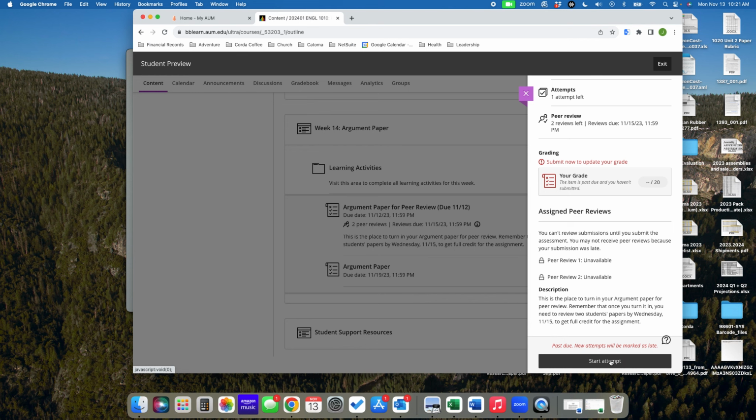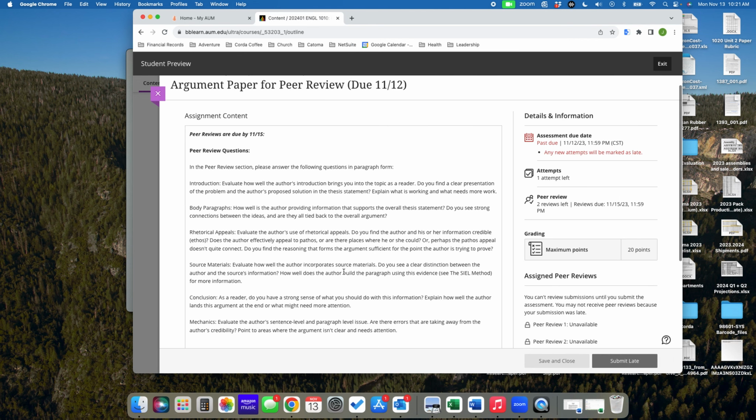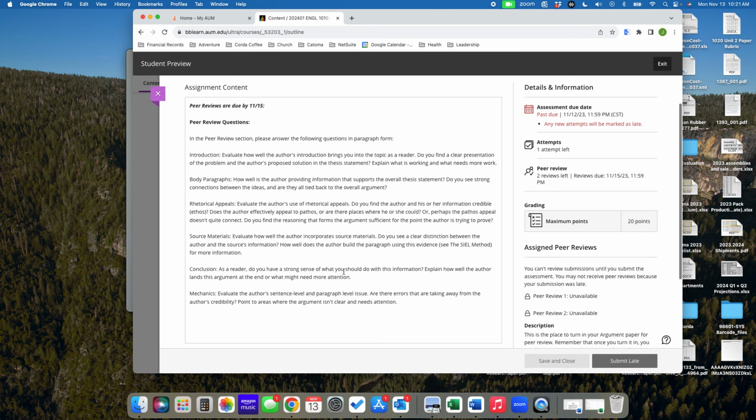And I am hoping, let me see if this is true. Okay, yeah, there it is. I wanted to point you to the peer review questions here. I've got 6 questions that I want you to answer for your classmates, each in paragraph form, and you can see them listed here as the introduction, and then where you're going to engage with the body paragraphs, the author's rhetorical appeals, the source materials,